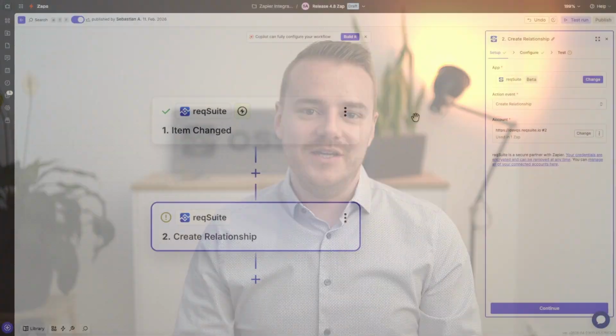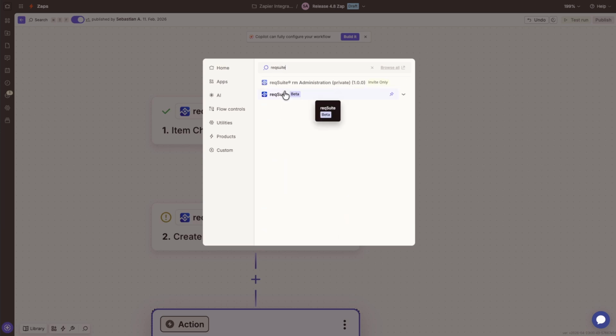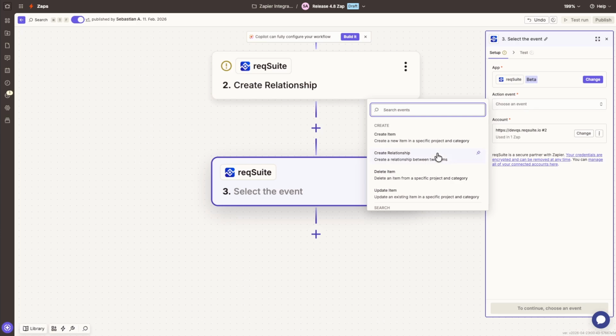The third major topic is the new Zapier integration. With this integration, RecSuite RM can now connect to thousands of other applications. Changes in RecSuite can automatically trigger workflows in Zapier, and at the same time, Zapier can also create, modify, or update content in RecSuite. This opens up many new possibilities, especially for companies working with multiple systems, helping them to avoid manual handovers and automate workflows.